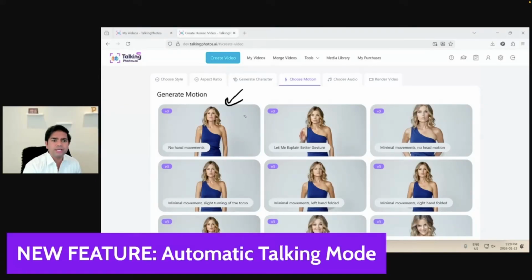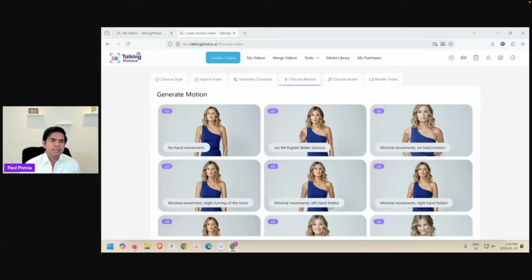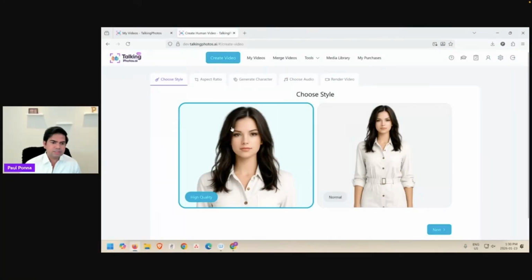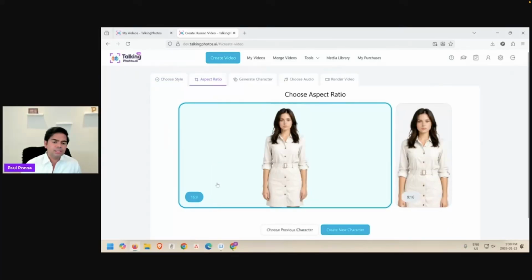So what we wanted to do is, instead of just telling you all to go use no hand movements option for cases like this and still not being fully satisfied with the result, instead we created a high quality version, like what we did with the singing in the past. So the cool thing with this option, which is what we're naming the automatic mode effectively, is where you go into create video, go to human video, it's called the high quality mode, which is actually the automatic mode effectively. You click next,